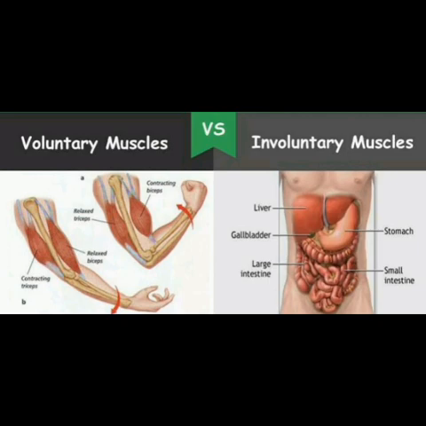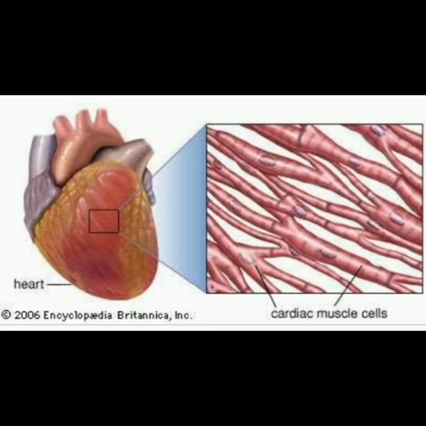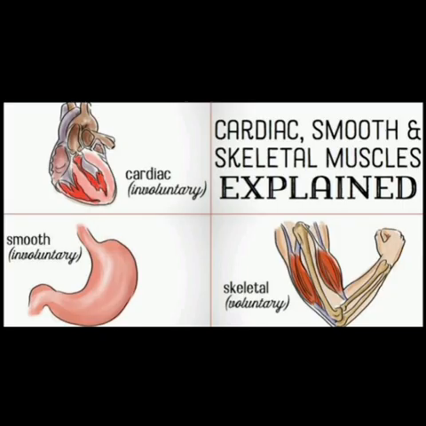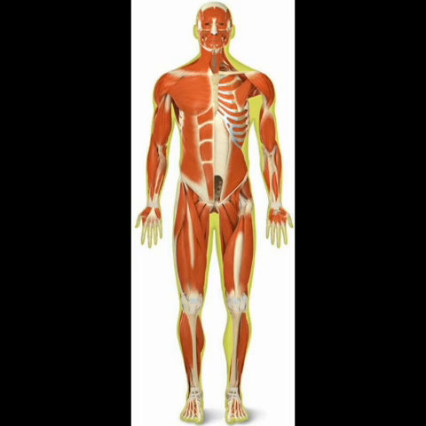Cardiac muscle or muscles of heart is also involuntary, but the muscle is unique because this muscle is found only in heart. Thus we can say that our body has only three types of muscles: the voluntary muscles and the involuntary muscles like muscles of digestive tract and heart muscles. At first, we will go into the details of voluntary muscles.